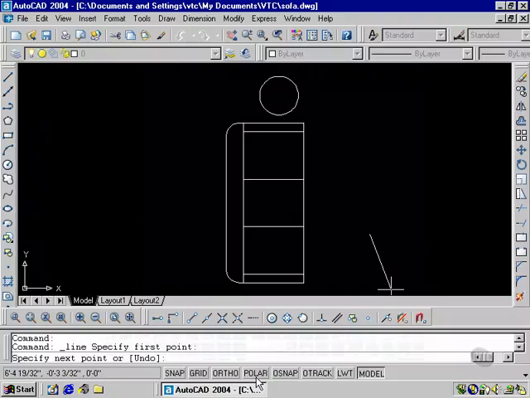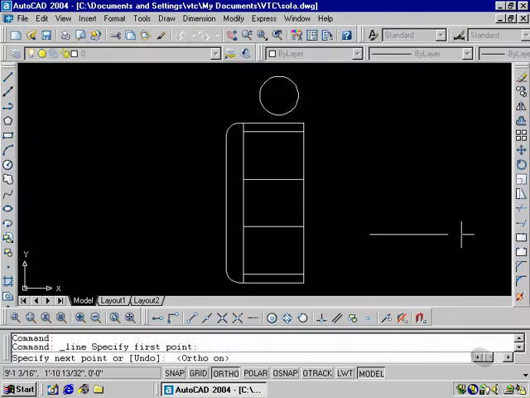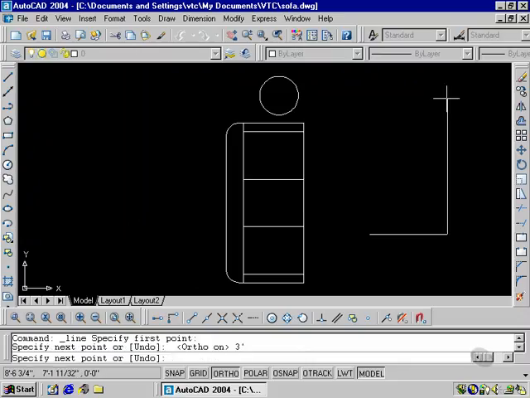turning ortho back on. I'm going to extend this line 3 feet by putting the cursor on the right hand side and typing in 3 feet and then enter. I'm going to take my cursor up, and the rug is 4 feet plus 6 inches on top and bottom, which is actually a total of 5 feet. So I'm going to type in 5 feet and enter. Taking it across back towards the left, 3 feet, or let's try 36 inches, which is the same thing, and